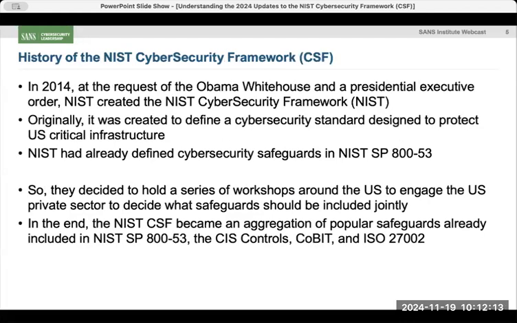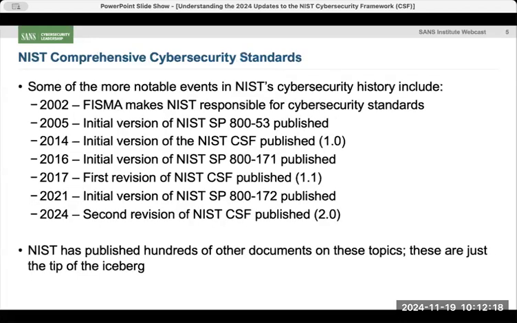Now, where did the CSF actually come from? So if you think back to that time, so again, if I just look really quickly back at our list, in 2014, what was the context? What was going on in 2014 that sort of necessitated the importance of this? Well, long story short, the world had 853. And I think a lot of you know, 853 is great. It's a really comprehensive library of standards, but it can be a little academic. And frankly, the list of safeguards in it is huge. Literally, there's thousands of things in there that you could possibly do to defend yourself.